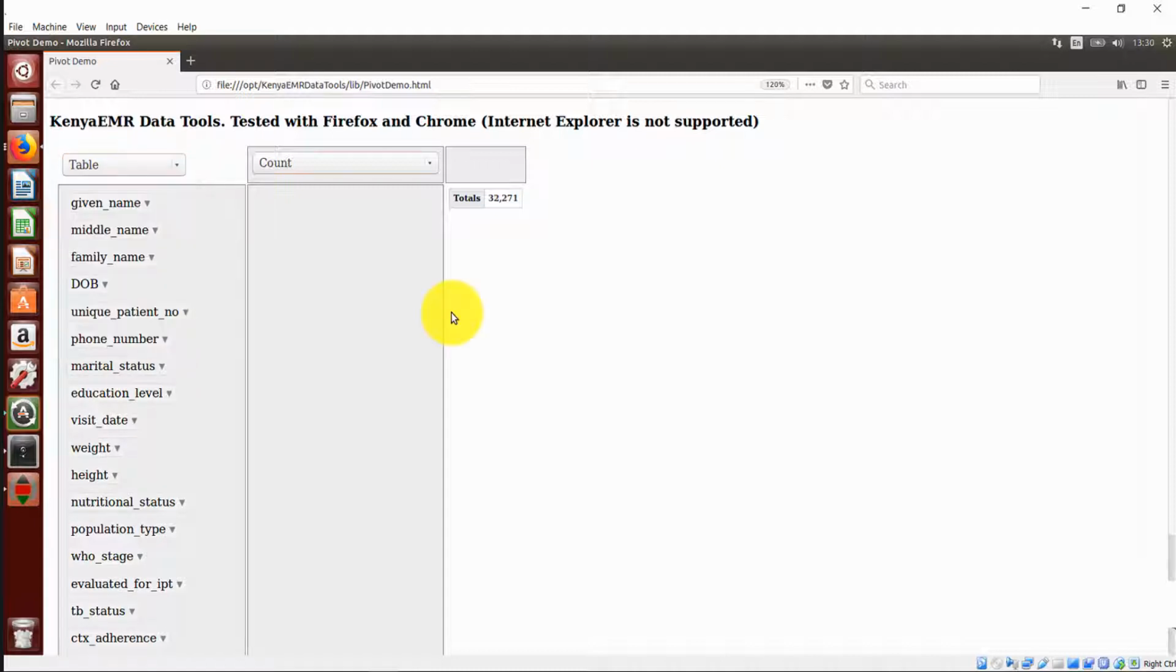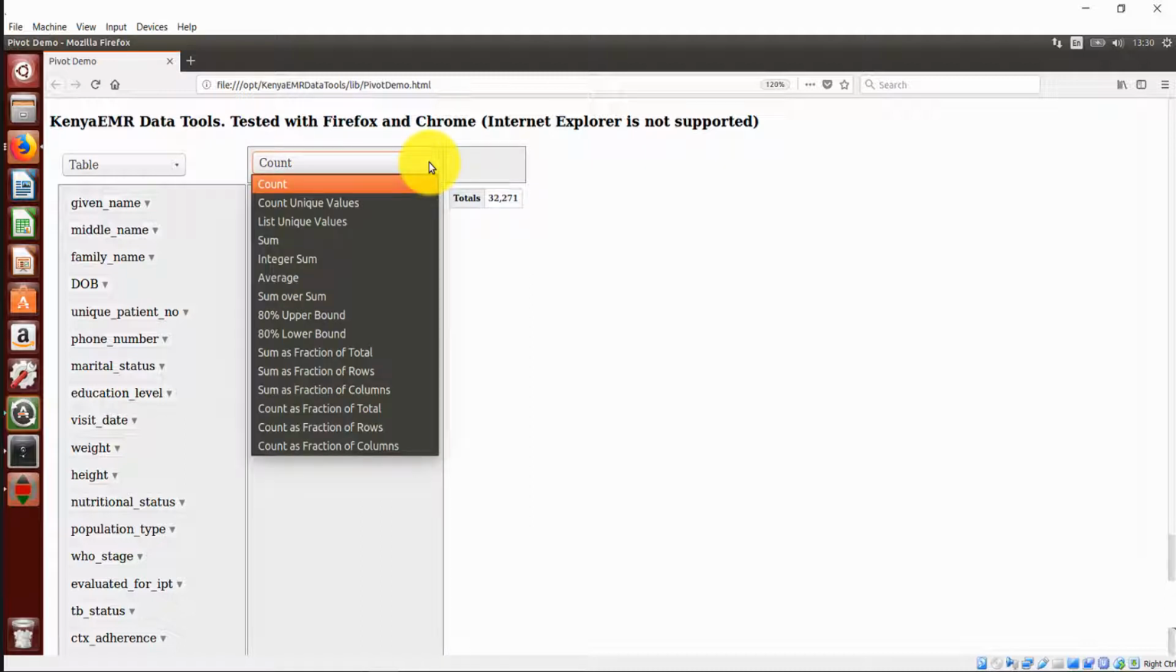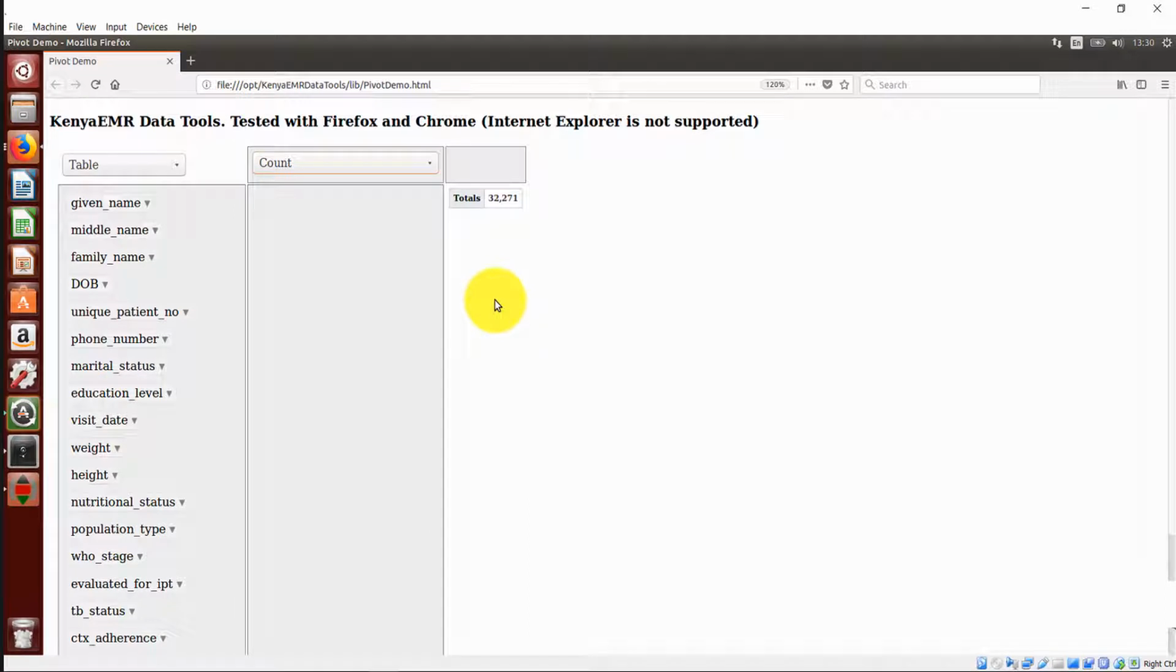and others. In the next column, select how you want your data analyzed. By default, we have counts, but you can still use other analytical parameters displayed. Sum, average, among others. Let's get back to our data exported to our pivot table. We have a total of 32,271 records. Remember, to pick your data element of interest, you will have to come pick it, drag to where